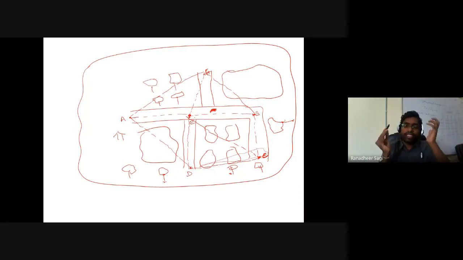According to my understanding, I just want to build my control network like this. But now, is it possible for me to build a control network in this particular form, like a triangulation of AEF, maybe EFB,